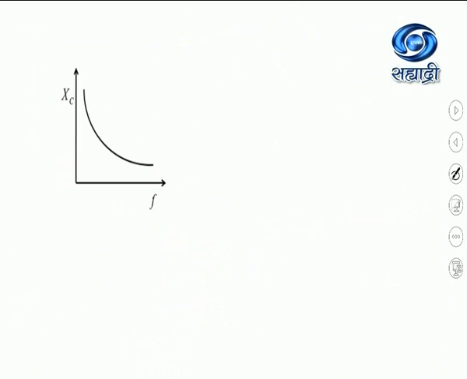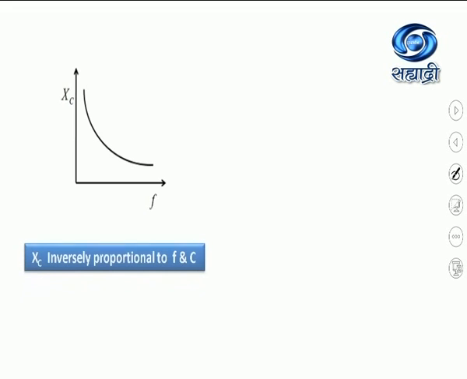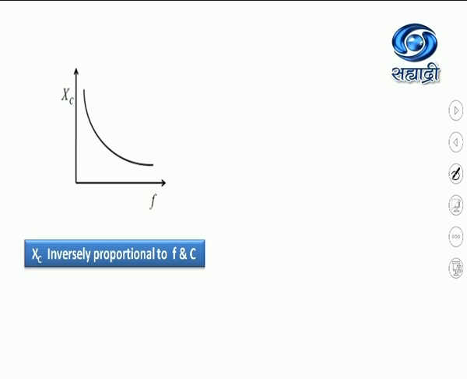So during the last lecture, we had studied that capacitive reactance Xc is given by the formula 1 upon omega C. Replacing omega by 2 pi f, we get the expression Xc is equal to 1 upon 2 pi fC. Now graphically, if we show the variation of capacitive reactance with the frequency, the nature of the graph is like this, as shown in the figure. Here Xc is inversely proportional to the frequency. That's why the nature of the graph is like this. So here Xc is inversely proportional to f as well as C.